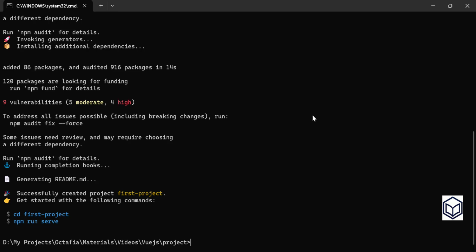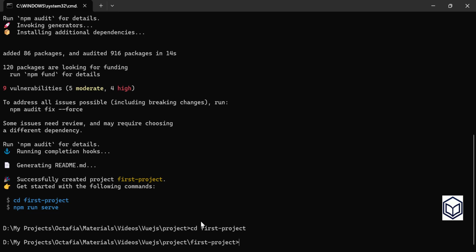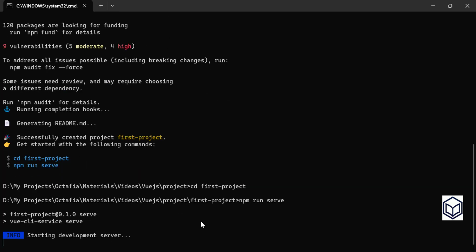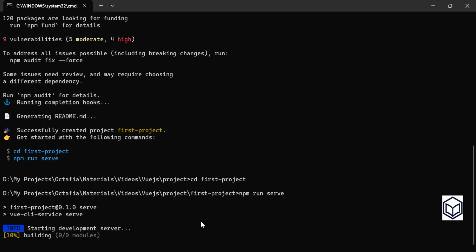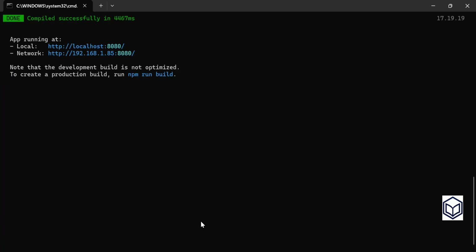The installation of the Vue.js project is finished. We can enter this directory using cd first project, enter, and we can run our project with npm run serve.